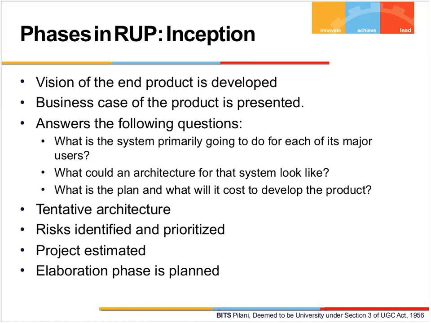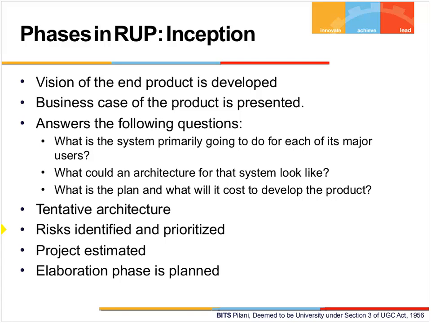Okay, so quickly I will go through these 5-6 slides as to what happens in every phase. In the inception phase, you establish a vision of the project, right? You develop a business case of the project. A very minimum tentative architecture is decided, right? So if you decide the architecture and you do a bit of business analysis as well as requirement analysis, then at the inception phase itself,